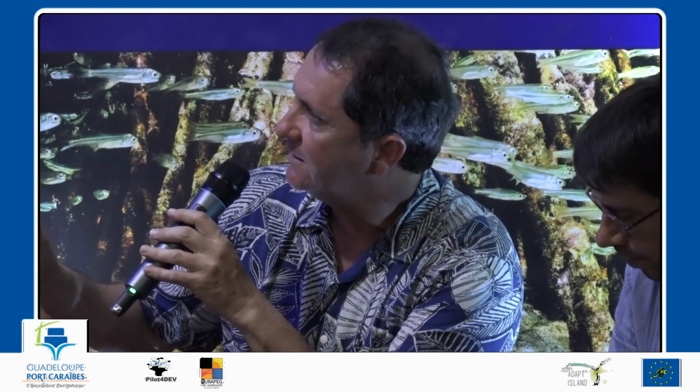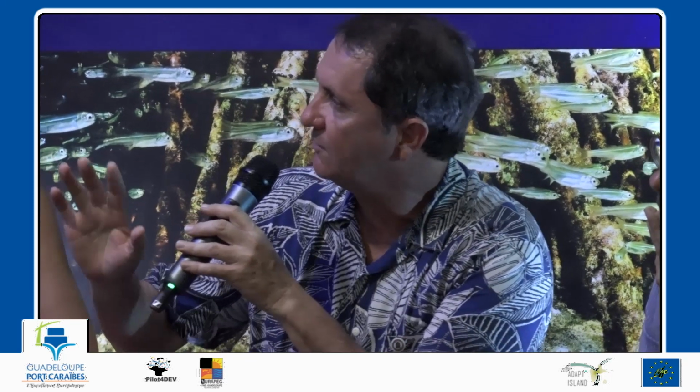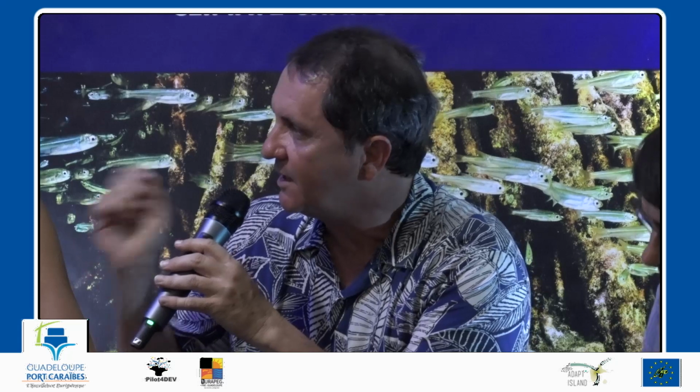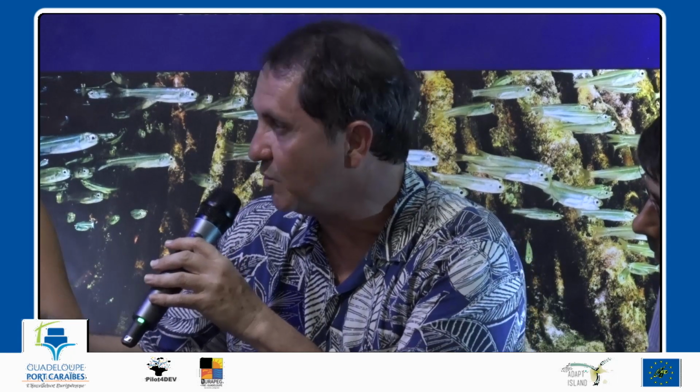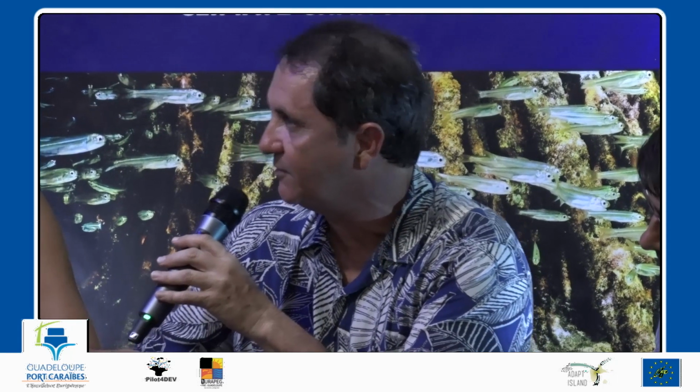Okay, so I am working on mangrove, but only on the marine part of the mangrove. So when you decide to declare that we have a healthy mangrove or a dead mangrove, do you have a look at the marine life around the woods of Rhizophora or any kind of mangrove trees? Or is it only about the mangrove trees, if they are dead or without leaves, or how do you define it? Do you have a focus on the marine life around the mangrove?